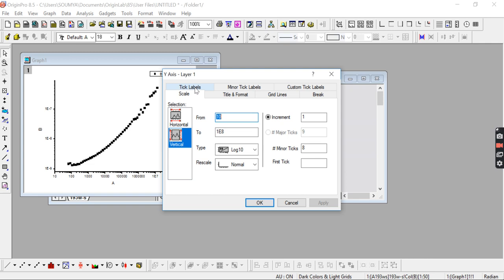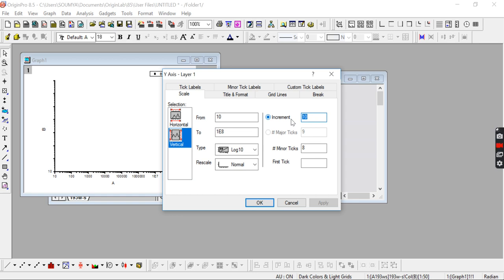Another thing is the increment. Suppose this one is the vertical axis, and this is the increment, but you can also have some control over the increment. You see here the increment is 1, but suppose you want to show an increment of 0.1 instead of 1, suppose this is 10. Then if you apply, you see nothing is showing here.